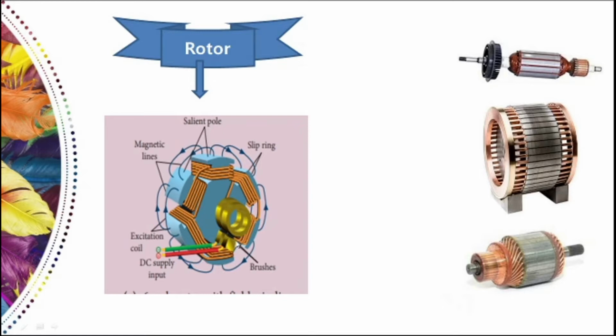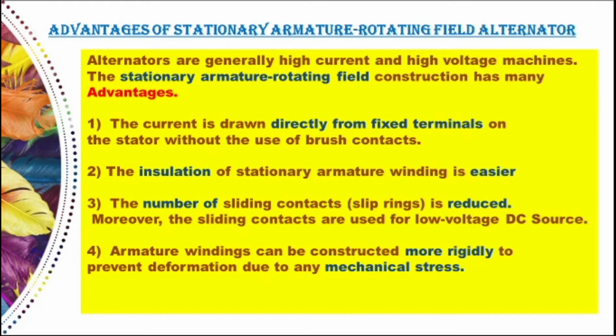And we will discuss now the construction of a single phase AC generator. Before then, why should we prefer a stationary armature rotating field alternator? That is, the armature is stationary, the coil is stationary, the magnetic field is rotated. What is the reason to choose that type of alternator? What are the advantages? So this construction has many advantages, because here current is drawn directly from the fixed terminals